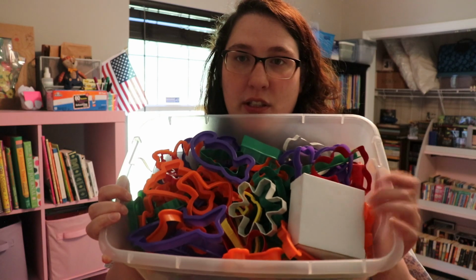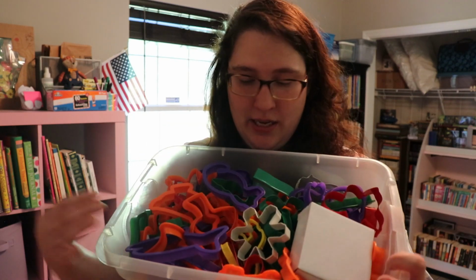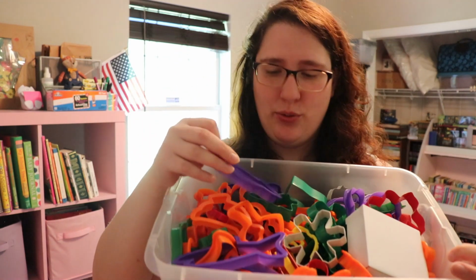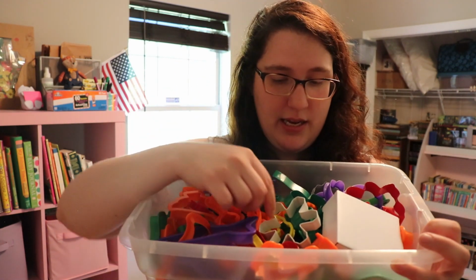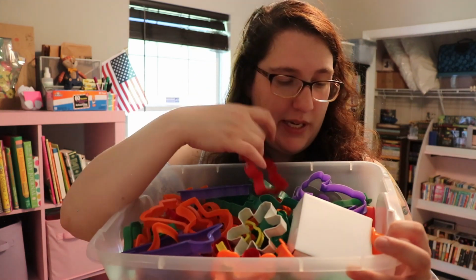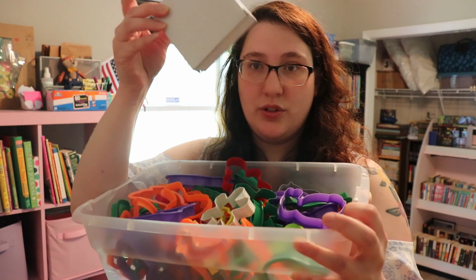It is just a bunch of cookie cutters. There's all kinds. There's this, I have no idea what this is. It looks like a seahorse, a big fat seahorse. Snowflake. Gingerbread man. These ones are just circles. All kinds. In this one, it just has all kinds of different